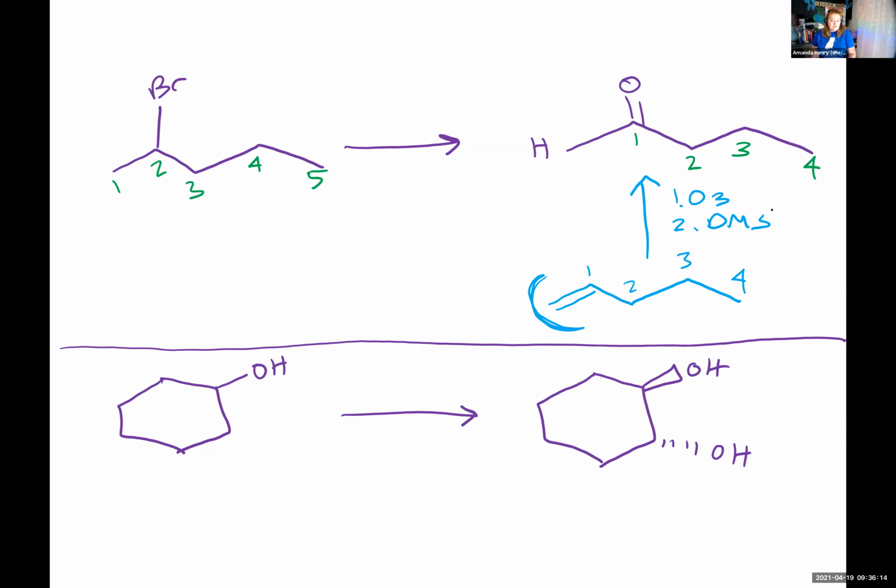Now that end carbon, if we have a terminal double bond like that, turns into CO2 gas and just bubbles away. So we don't catch it, we don't see it. So we lose a carbon when we do that reaction. So that blue part right there is technically what's called a retrosynthesis, because we thought about how to get to that product